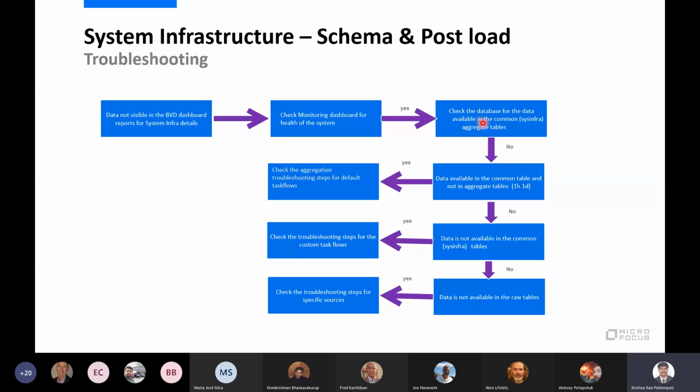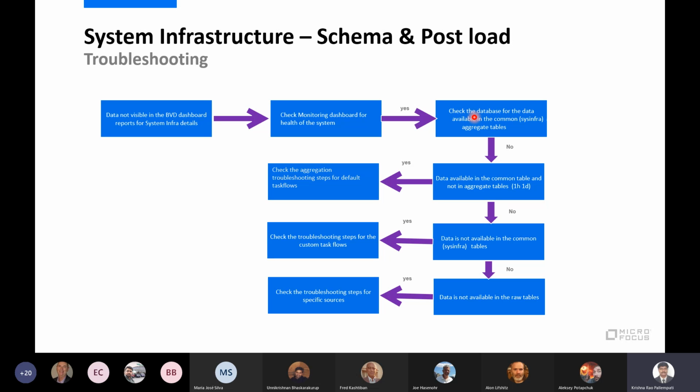When you are going through the troubleshooting steps of VBD, you can get the query for that particular report and run that query in your database. Once you run it, you will see whether you have data in the tables or not.